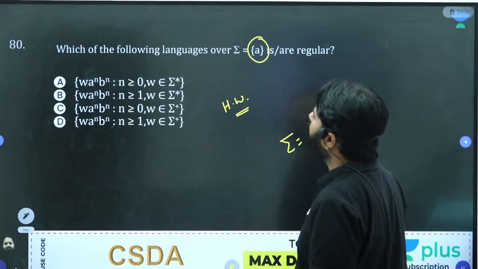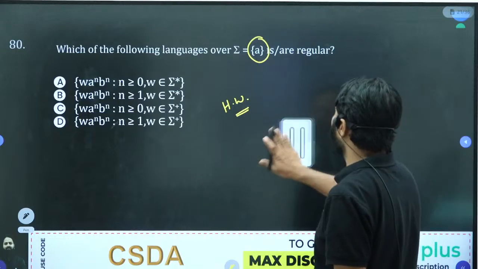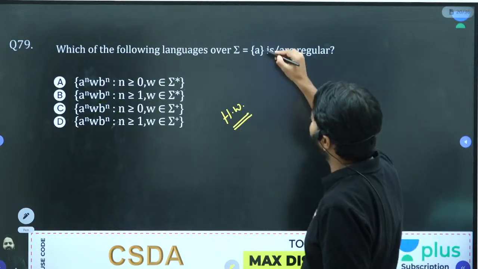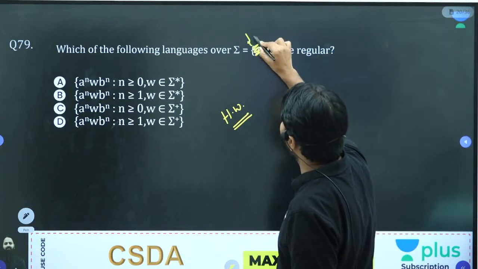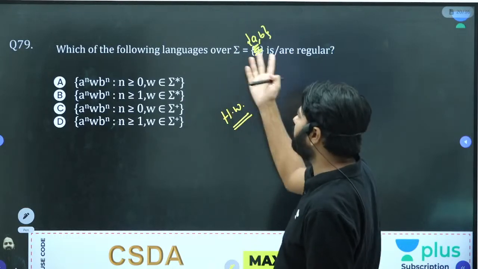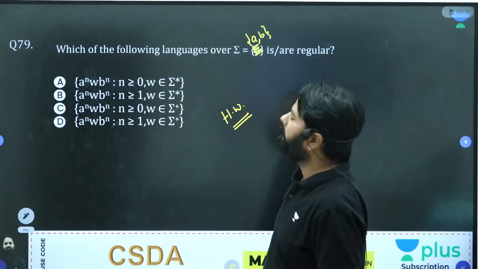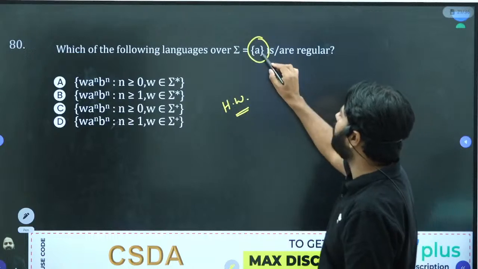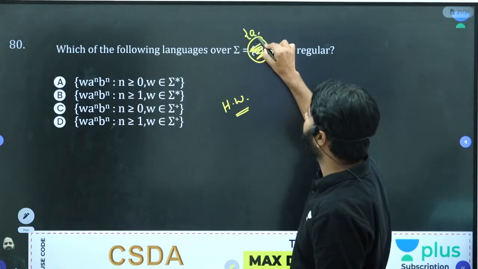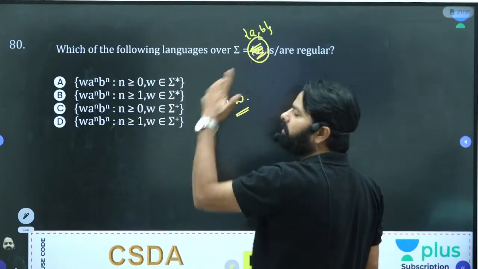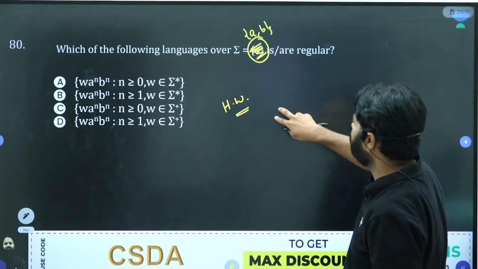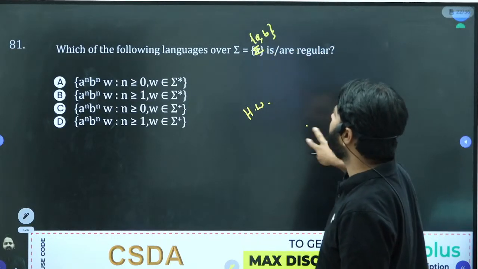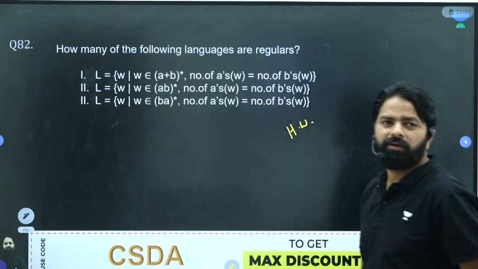Okay, should I do the changes then? Let me do the changes for you, because in the practice batch also we made the same mistake. So here, instead of A, take A comma B, better. Because the language has B also, it's better to take A comma B. Then this sigma will be A comma B. If you want only sigma A star A, that's different. So everywhere just take A comma B. And if you take only A, then all will be non-regular. So take A comma B and solve it, because for A it will be very easy. Convert into A comma B. Thanks for identifying.